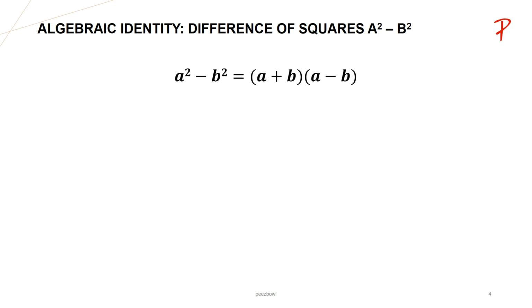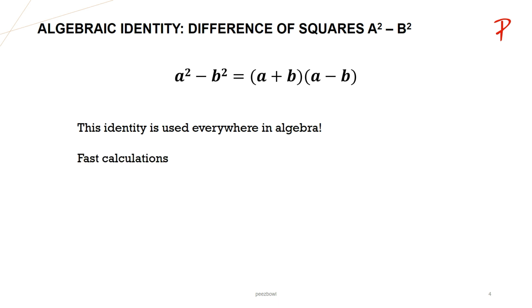Okay, and let us try to find out why this identity is useful and where we can use it, right? So this identity is used everywhere in algebra. Let us look at why it is helpful. The first application is fast calculation, right? You can mentally calculate squares and differences. For example,